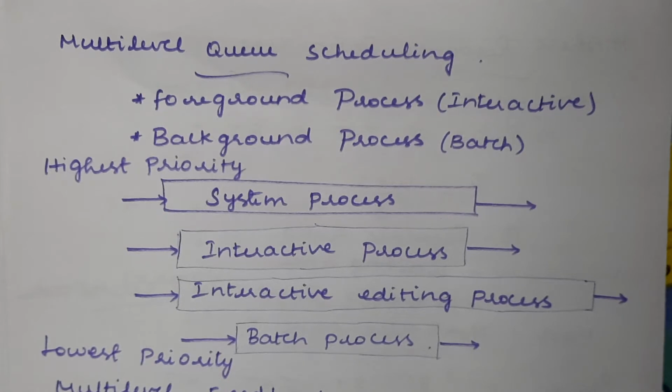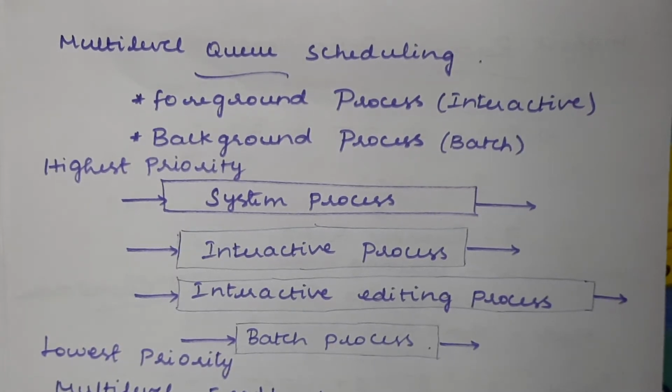It is based on the type of the process that may enter into the system, because we have many varieties of process, which means the process may be an interactive process, or it might be a batch process, or it might be a system process like that. So we have many different kinds of process. So based on the type of a process, we have to maintain different levels of queue in the ready queue. So this is what multi-level queue scheduling is.